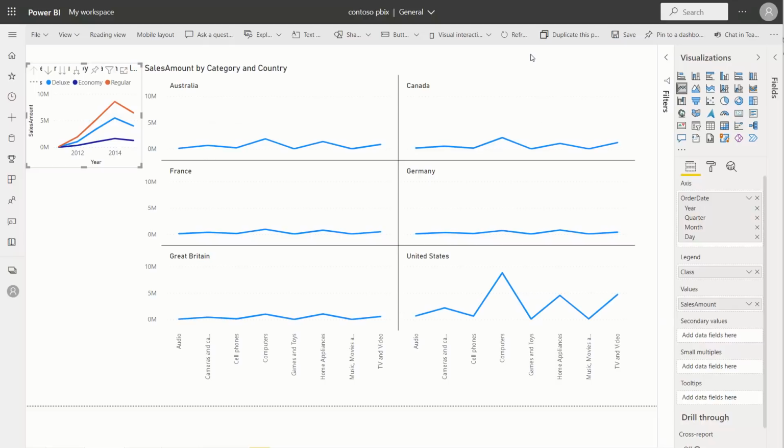We've done a couple cool things regarding small multiples this month, and we're excited to be bringing them to you on our way to general availability. The first is that we've enabled support for the responsive toggle in the general card of the formatting pane.